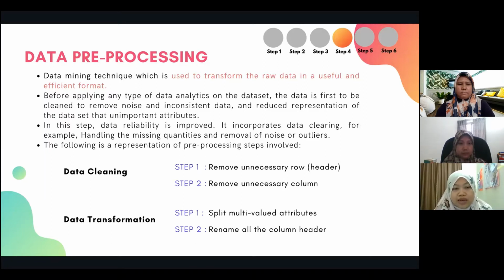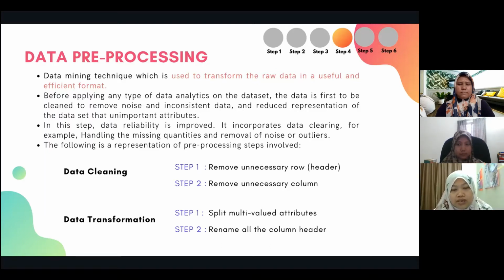In this step, data reliability is improved. It incorporates data cleaning, for example, handling the missing quantities and removal of noise or outliers. In this analysis, we do data cleaning and data transformation.